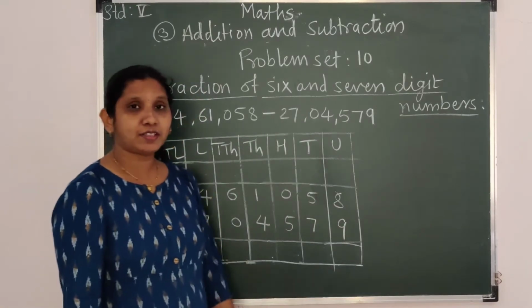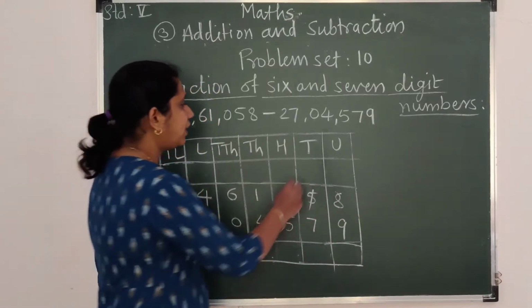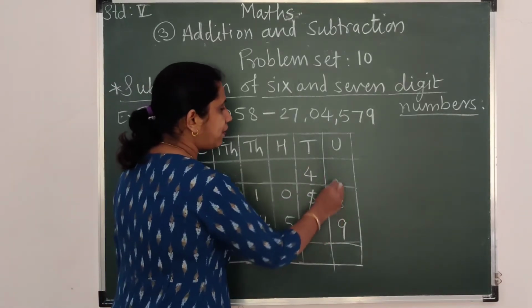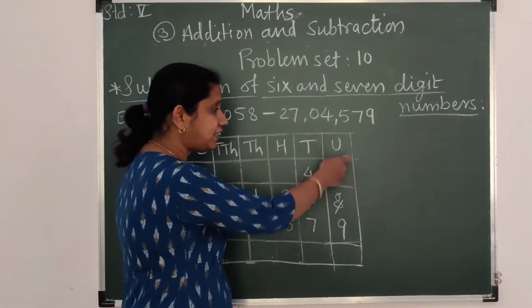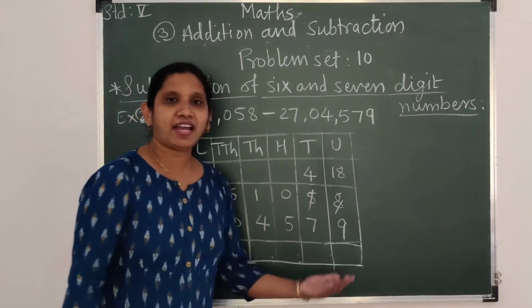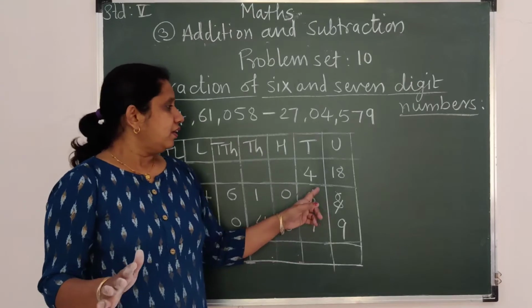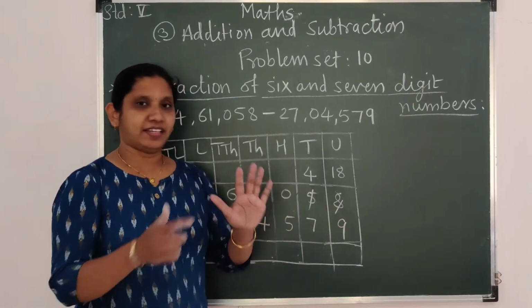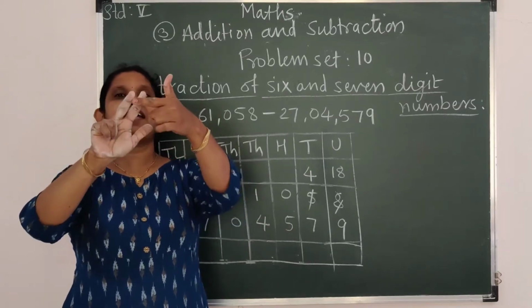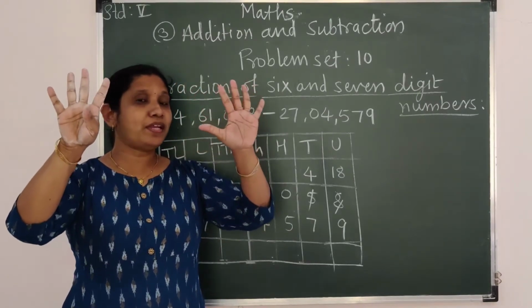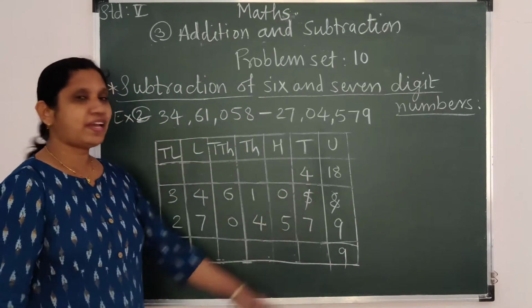Now as usual in the units place we have to subtract 9 from 8. Oh my god, how is it possible? Yes, it is possible. Go to the tens place, cancel this 5, write here 4. This number becomes 18 because from here we are carrying 10. 10 plus 8, it becomes 18. Now as I already taught you to count the fingers: 18 minus 9, 10, 11, 12, 13, 14, 15, 16, 17, 18. So how many fingers are these? 9 fingers. 9.